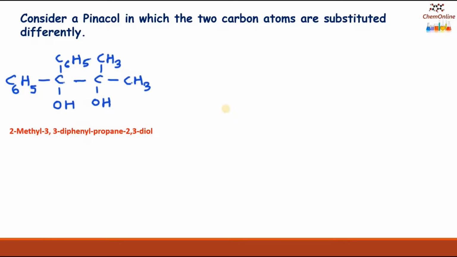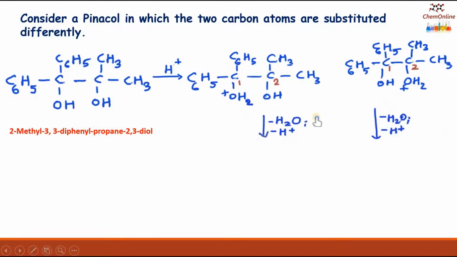We have seen that the first step of the reaction mechanism involves the protonation of one of the OH groups. So when this compound is treated with a mineral acid, there are two possibilities. I have marked the two carbon atoms as 1 and 2. Either the OH group attached to C1 may get protonated, or the OH attached to the C2 carbon may get protonated. If OH attached to C1 is protonated, then a water molecule is lost, resulting in the